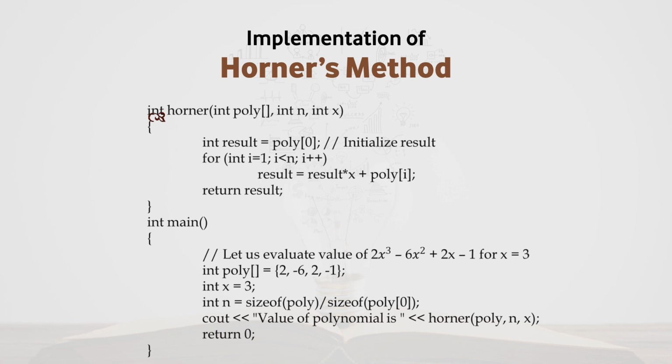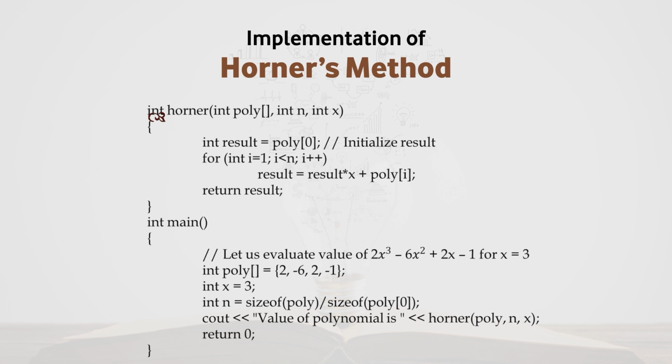So, here you can see the time complexity using Horner's method. Here a cubic polynomial is there, and we want to evaluate the value at x equal to 3, so x will be assigned the value 3. If we calculate the value at x equal to 3 of 2x cube minus 6x square plus 2x minus 1, the initial result will be 2, because poly 0 is the result, and x is 3. So, 2 into 3, plus poly 1, which is minus 6. So, 2 into 3 minus 6,